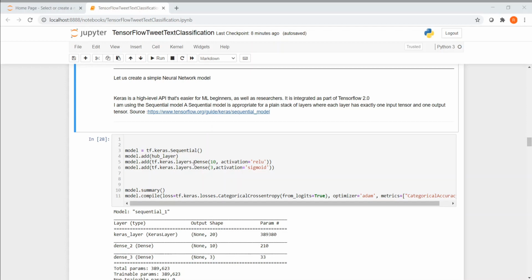So the fully connected layer is your dense layer. And I have 10 neurons over here, and the activation function for these neurons is ReLU. Then I have the output layer, which is also of the type dense, again another fully connected layer. I have 3 neurons for each of the classes, and the activation function here is sigmoid. So if you do model.summary, it actually gives you details of the model, and then when you do model.compile, it